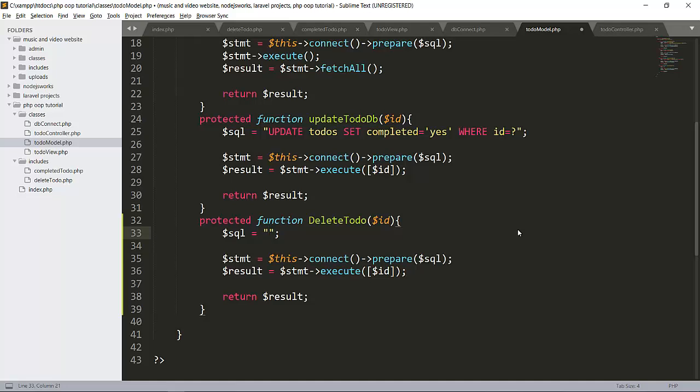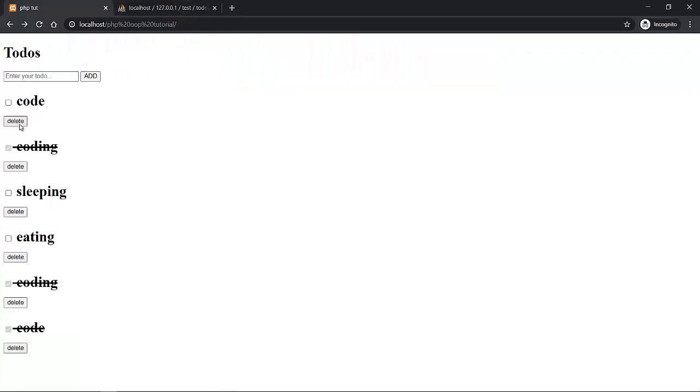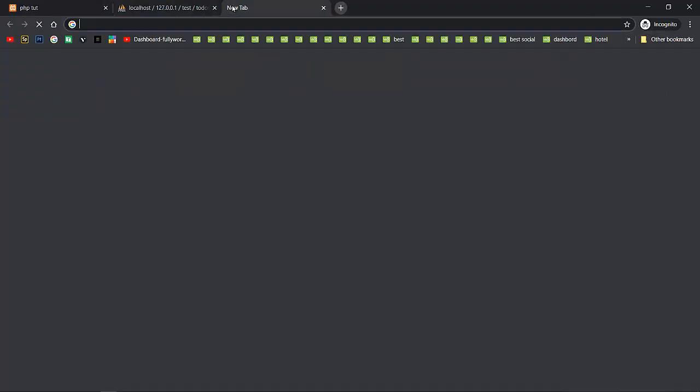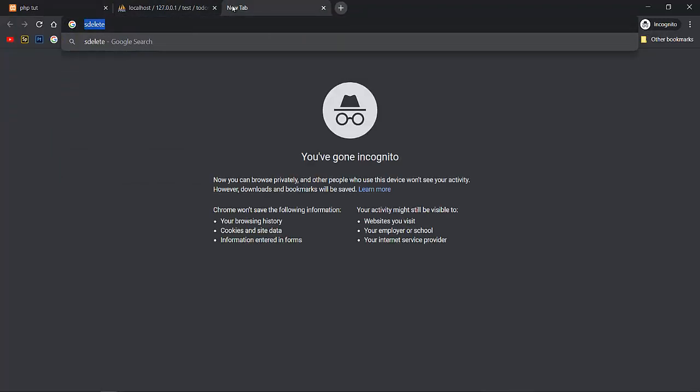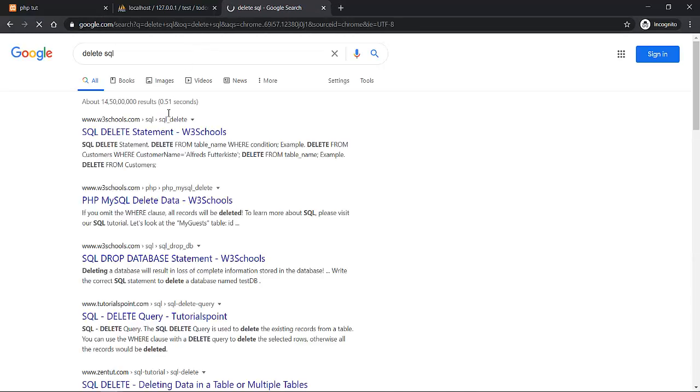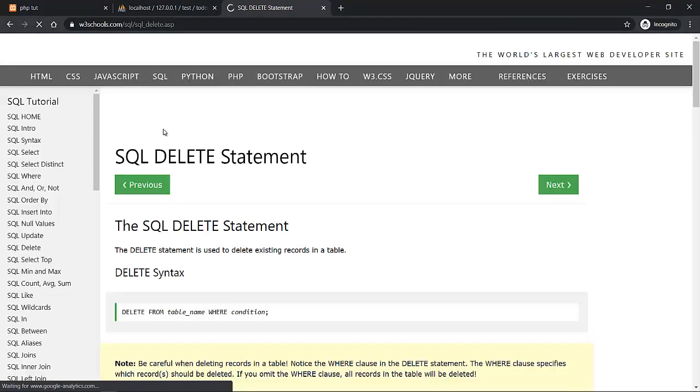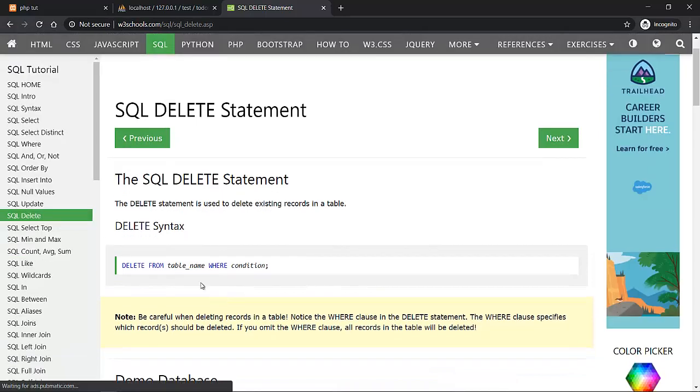Now there will be one SQL statement here. So let's see that SQL statement. For deleting a todo, see that we want to delete a todo when the user clicks here. See that here is one delete statement, so we will write that. There are many statements, like the put statement is used for updation, so that I will tell you in the next frameworks. So see that it is delete from table where there will be a condition here.